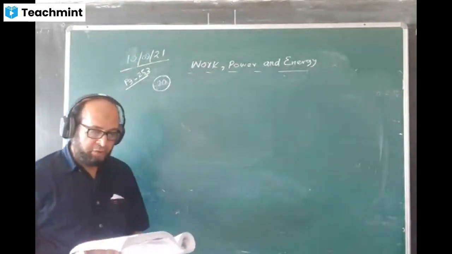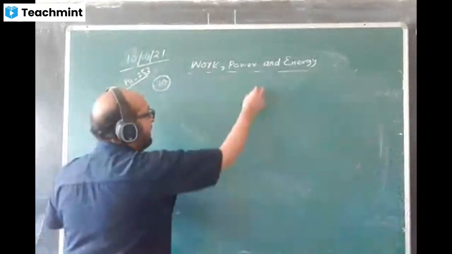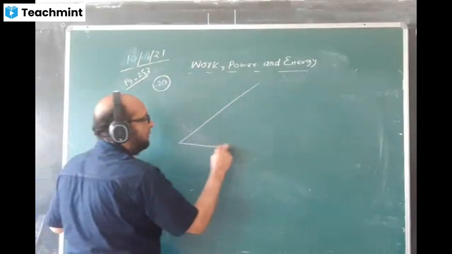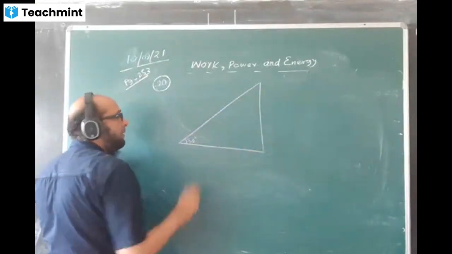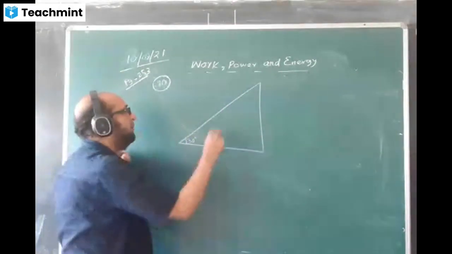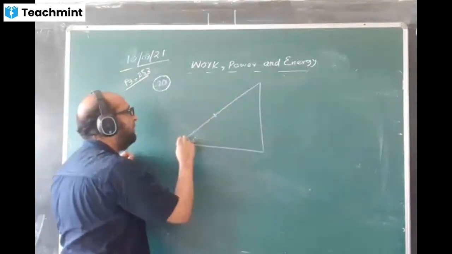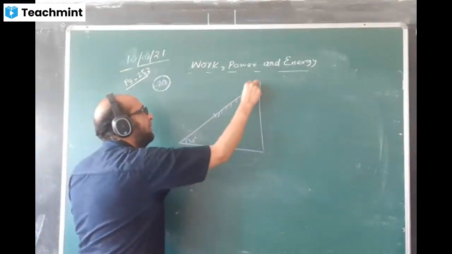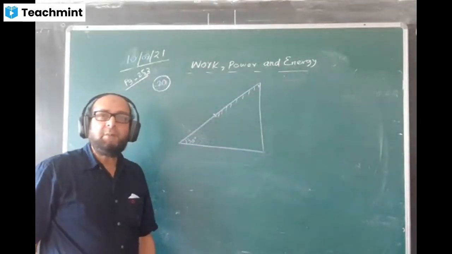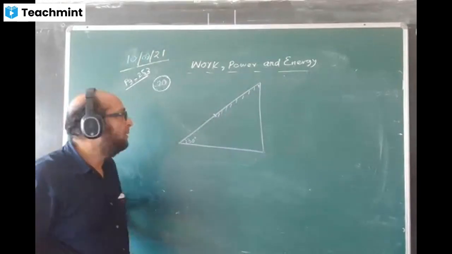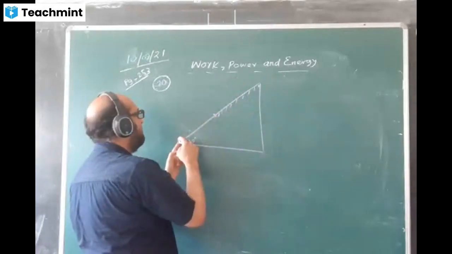I'll explain to you the question. Okay. Question says there is an inclined plane making an angle 30 degrees. The upper half, this is the upper half, midpoint, is smooth and the remaining half is rough. Smooth means we will show like this. Smooth surface, that means polished surface, friction is negligible. This part is smooth, that means no friction in this part, and friction is there in this part. This is rough.